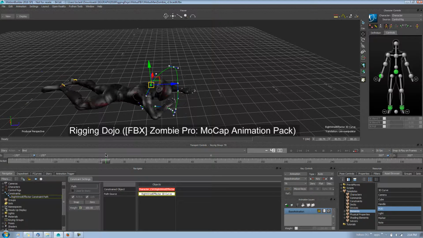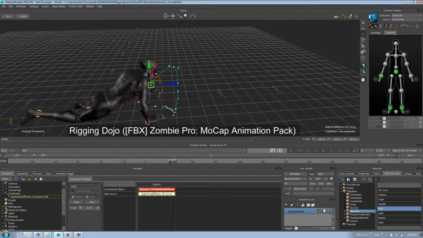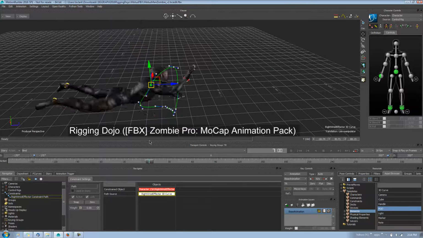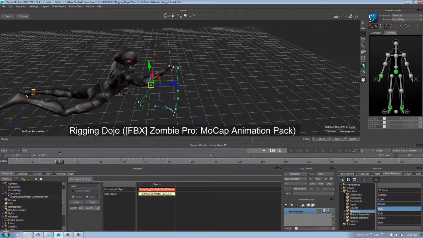Now we want it off the path. I'm just going to keyframe this, come out a little bit and do 0, and hit keyframe. So now it's back to the regular animation for the entire rest of the motion capture data, and we've used the path to clean up one section. Not full editable motion trails, but this is a pretty cool trick, and I wanted to compare it back to